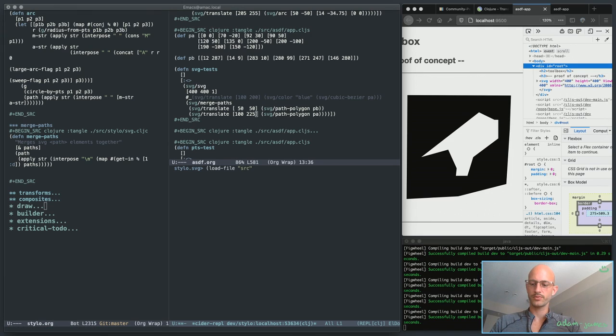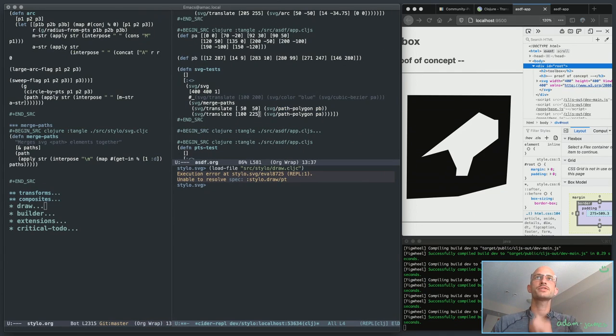Now I was reminded of a function. I want to see if it still works. I have source stylo draw.cljc. Okay, a bunch of errors there. Stylo.draw/point. Yeah, okay. The draw namespace is going to need a ton of work in the near future. That's okay. That is just the way it goes. So now what I do want to check actually is